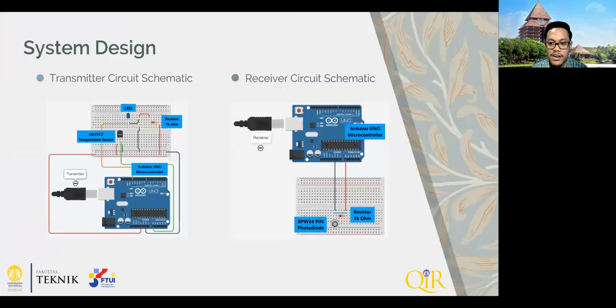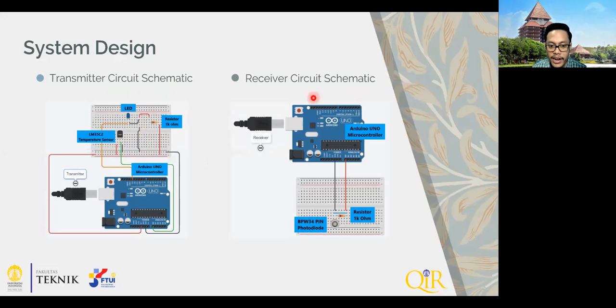These following figures are schematics of the visible light communication system we designed. The figure on the left shows a schematic for the visible light communication system at the transmitter, where there is an LM35CZ temperature sensor to detect the ambient room temperature. And also there is an Arduino Uno microcontroller to process the desired information, a resistor to limit the current, and an LED to transmit information using optical signals.